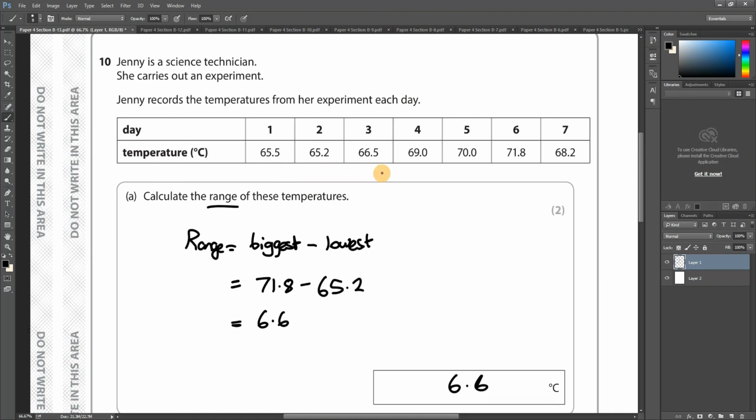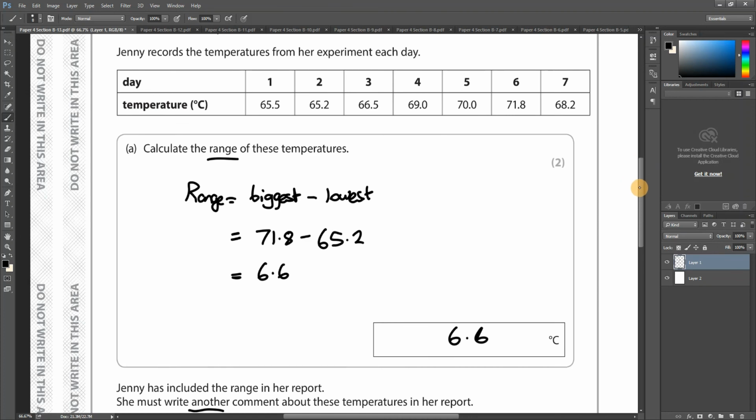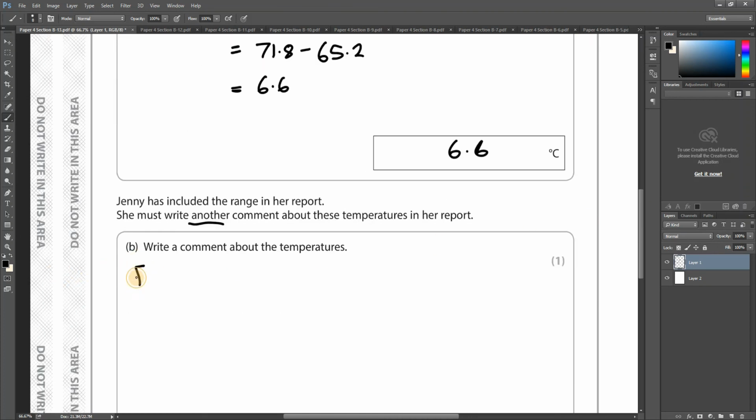So it's going up slightly, isn't it? Look, from day 1 to day 6, the general trend is it's going up, and then on day 7 it's gone back down quite a lot, hasn't it? So let's write that. So you could say from day 1 to 6,